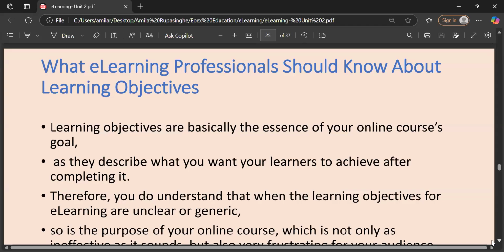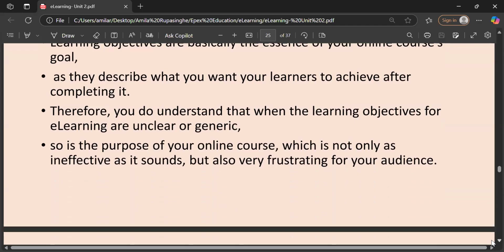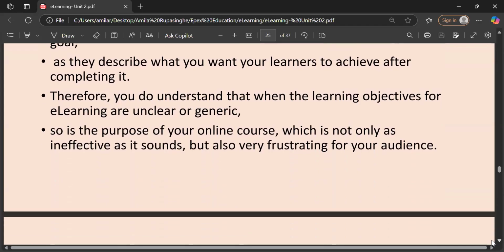We should not forget that we are going to make objectives for online learning, and they describe what you want your learners to achieve after completing it. Yeah, any learning objectives should be achieved by learners after completing it, right?